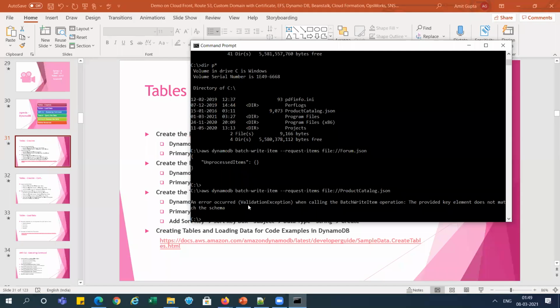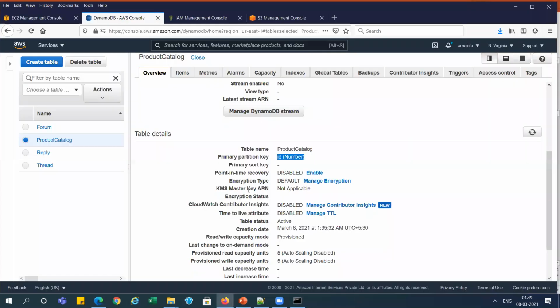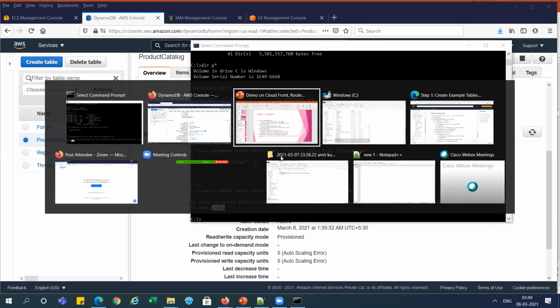You can see we are getting this error here. What I observed here: provided key element does not match the schema, right? It means you can see here we are using the primary partition key as small id, but actually we are using ID in this file.